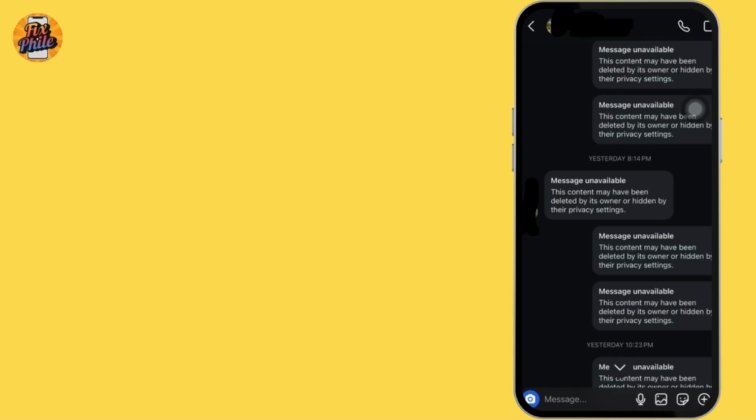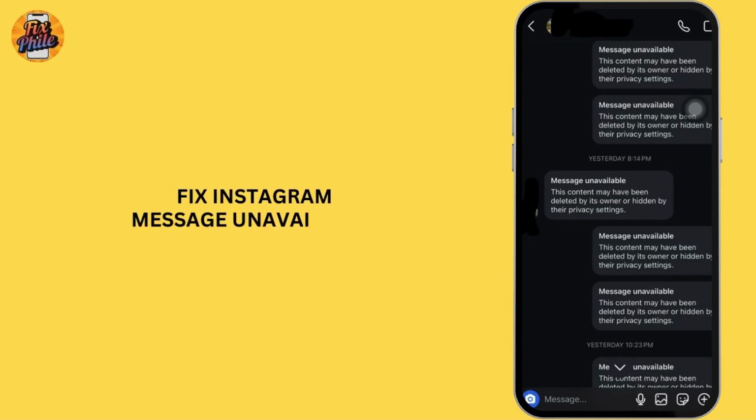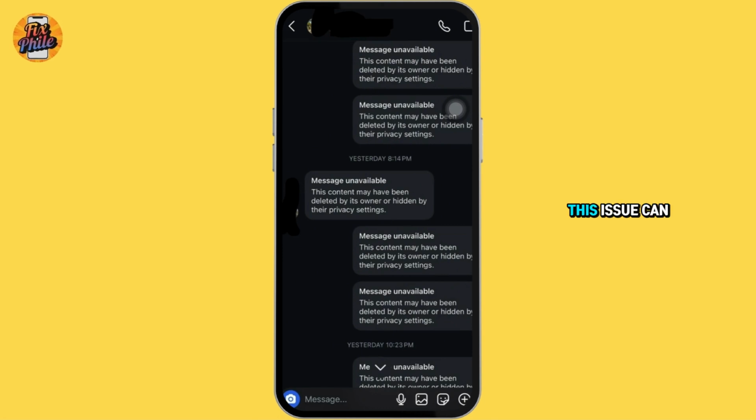In this guide, you will learn how to fix Instagram message unavailable error. Let's get started. This issue can happen for different reasons. One of the most common reasons is that the person sent you a post or a story that has either been deleted or has expired after 24 hours. If you didn't open the message in time, Instagram will show it as unavailable because the original content no longer